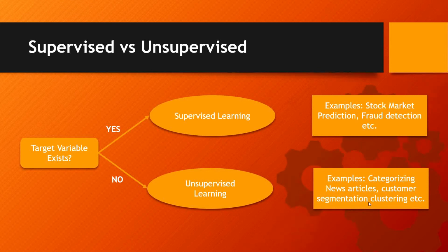Another simple example can be customer segmentation, or clustering, which commonly happens in the world of e-commerce, wherein they want to understand the behavior of the customers and some demographic data, and they try to build some customer profiles so that they can target them with appropriate offers and appropriate products. Okay, so this is the difference between supervised and unsupervised learning. In the first one, the target variable or the modeled variable exists. In the second one, it does not.